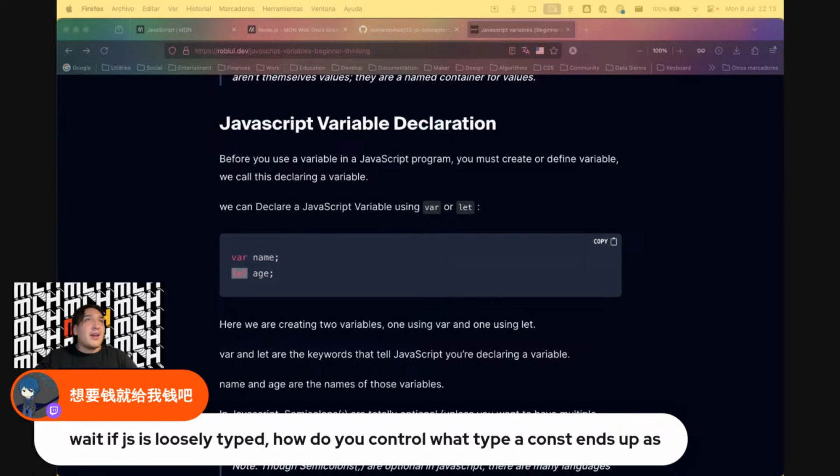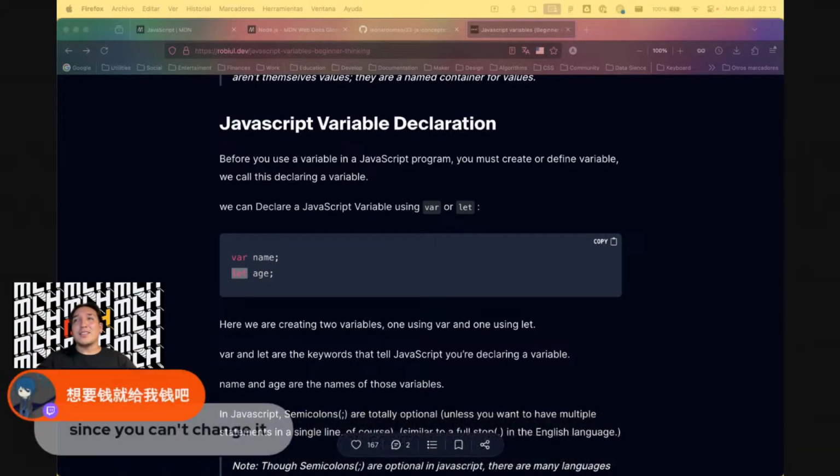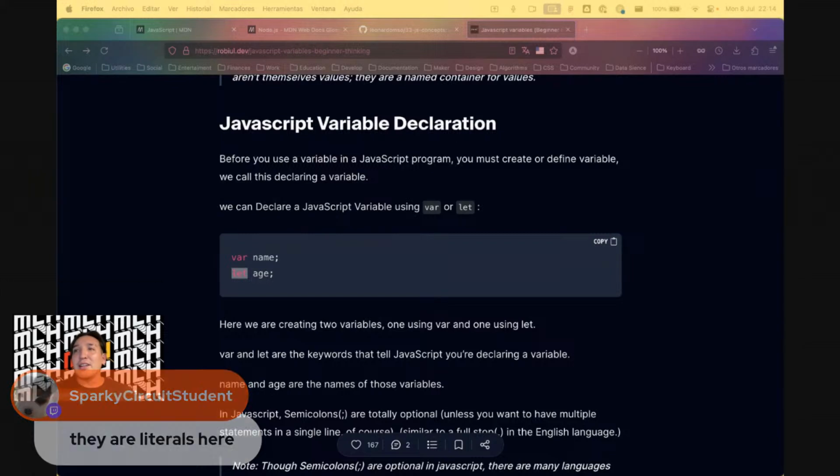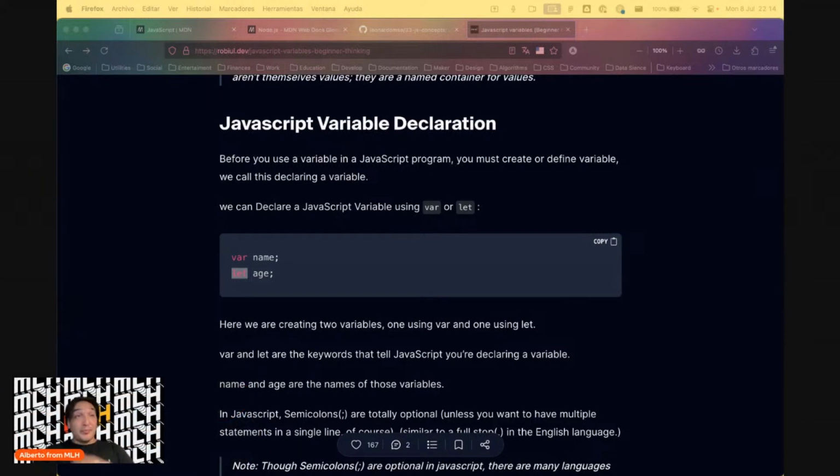Well, the const will end up completely with the same value it was declared. It doesn't change. That's why it is called the const. Hope that solves the question. If not, please help me by rephrasing it so I can understand it. There are literals here. Sorry, I don't understand this. But yeah, returning